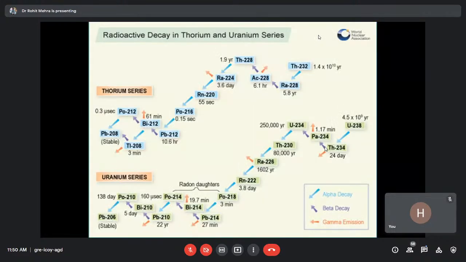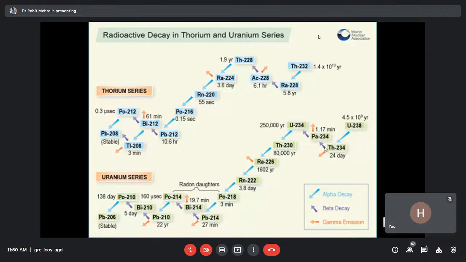So I would like to share with you this decay series, not all the detailed techniques. If you see this decay series, where alpha decay has been defined with the mauve color. Can you see the colors, sir? Yes. So beta is with the mauve color, alpha is with the blue color, and gamma is with the little bit reddish or orange color we have defined.